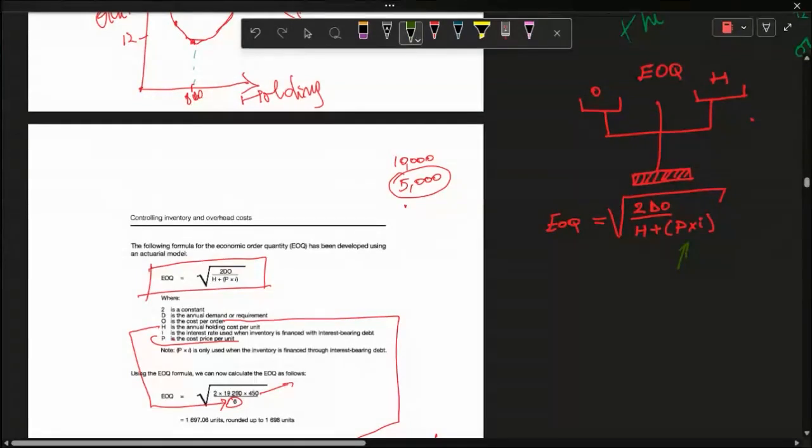If there is no interest, so if they don't provide you an interest rate used when inventory is financed, then you forget about this, because the actual formula will simply be